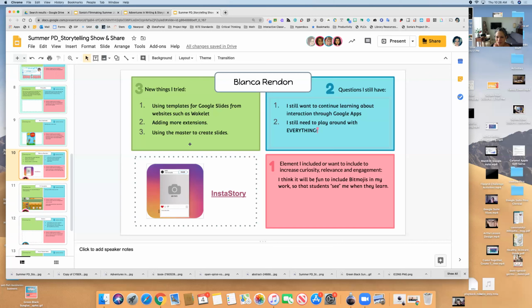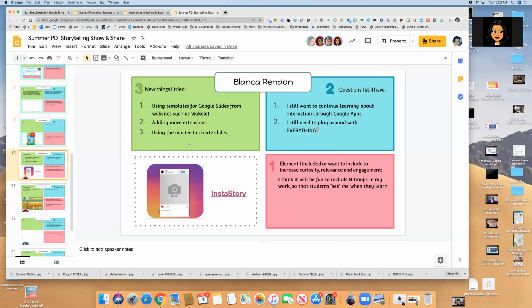Yes, you'll definitely be able to use Google Slides for that. I feel like there's still so much to learn. My second one was I still need to play around with everything. Luckily you took a dive at the beginning of the summer, and now you have some tools you can use throughout the summer to play around with. I'm looking forward to that.